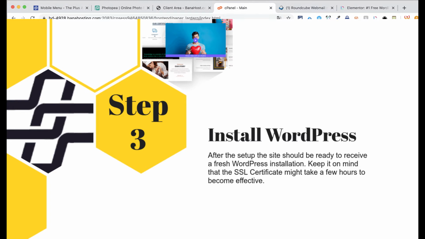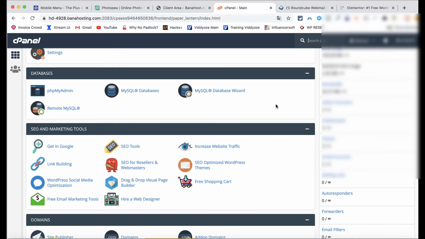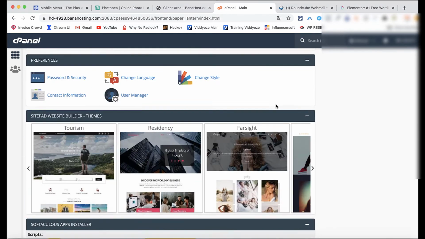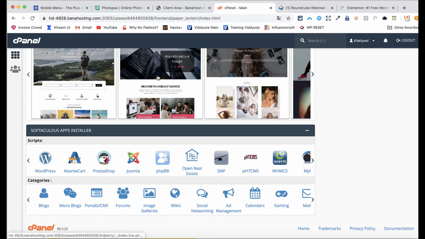Here is your cPanel. All right, let's scroll all the way down to the bottom. At the bottom, it's going to be Softaculous Apps Installer. Well, you have to select it. It's WordPress. There are different options, but at this point we're going to be working with WordPress. As you can see,